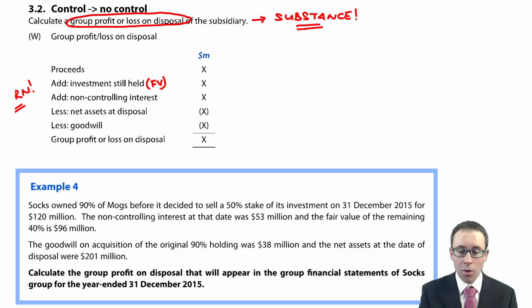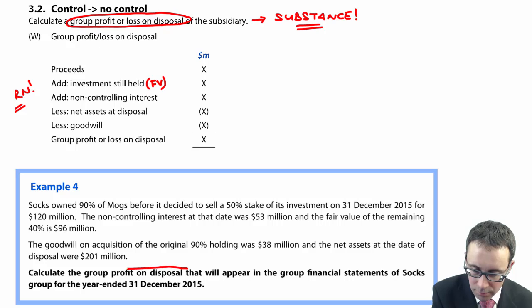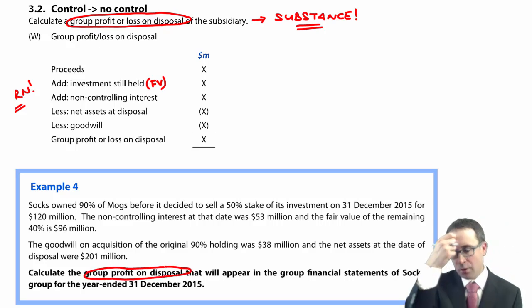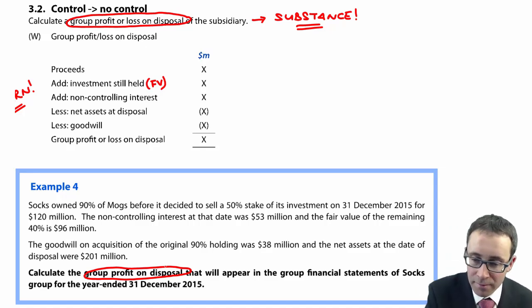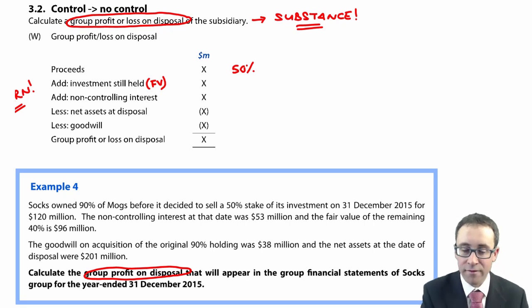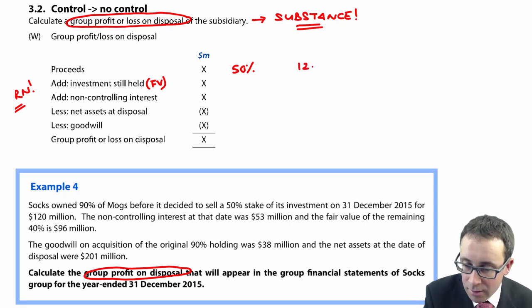Okay. So what have we got? It says there in the example, calculate the group profit on disposal. So based on substance that will appear in the group financial statements of SOX for the year ended, is it there, December 2015. So what you've got is it says SOX owned 90% of MOGS before it decided to sell a 50% stake on the 31st of December. So you're selling a 50% stake. So you're going to get proceeds for that 50%, aren't we? So that's there as